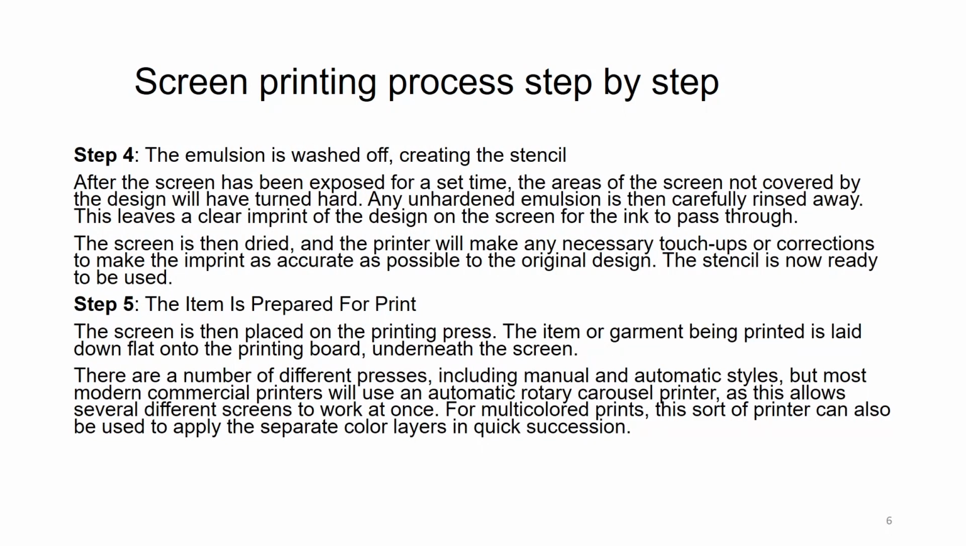Step number 5, the item is prepared for print. The screen is then placed on the printing press. The item or garment or fabric or paper being printed is laid down flat onto the printing board underneath the screen. There are a number of different passes, including manual and automatic style, but most modern commercial printers will use an automatic rotary